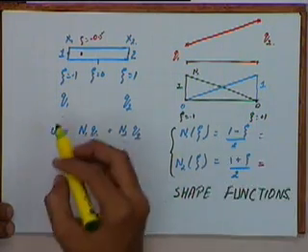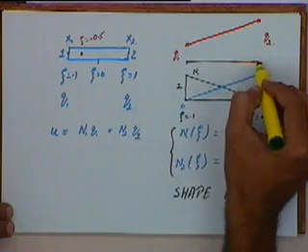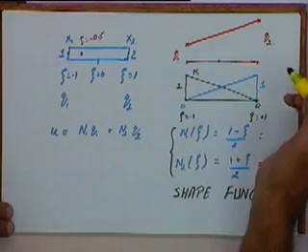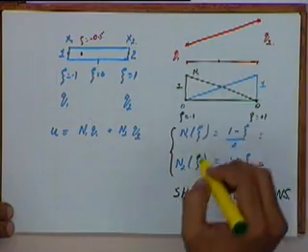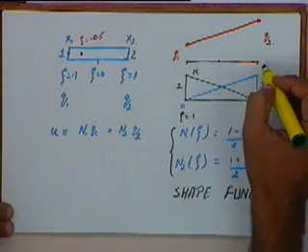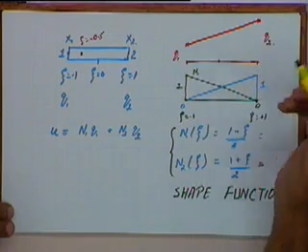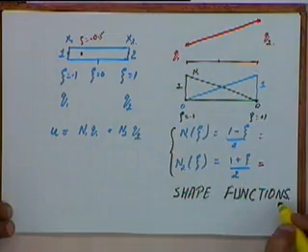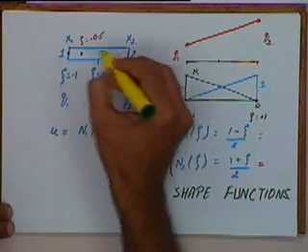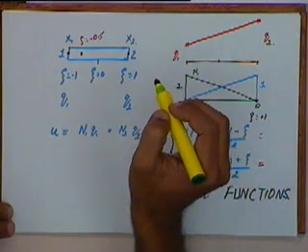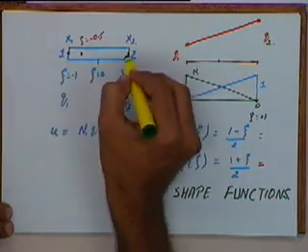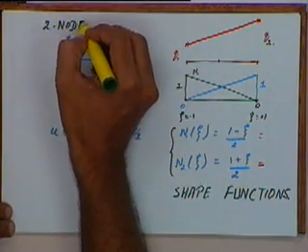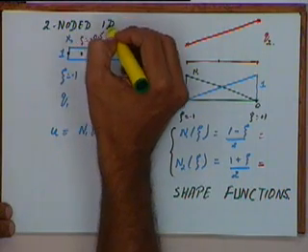Let us say if in my element instead of 2 points I consider a number of points, let us say I consider 3 points, then I can give my deformation as a function of 3 points. We will see that later. But right now we are taking linear shape functions and we are defining only 2 points on my element. That is why this element is also referred to as a 2-noded 1-dimensional element.